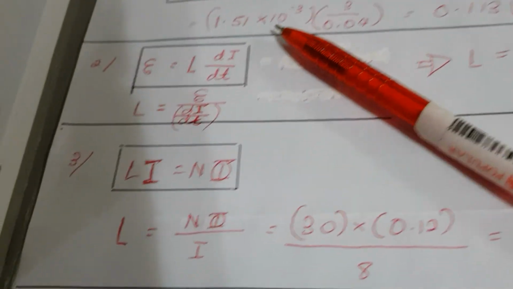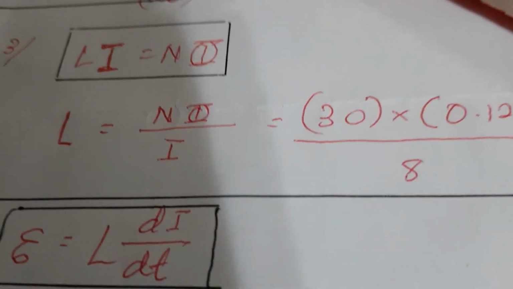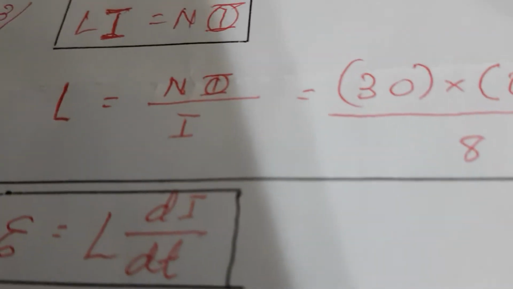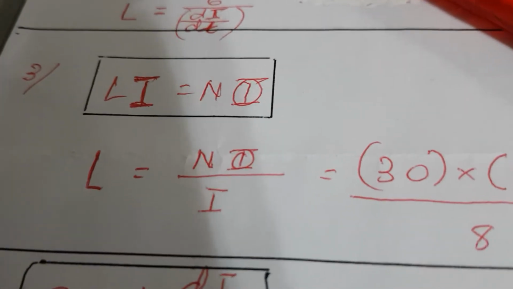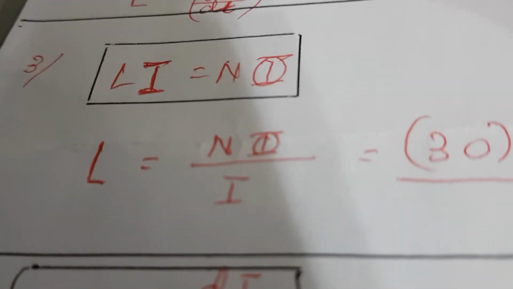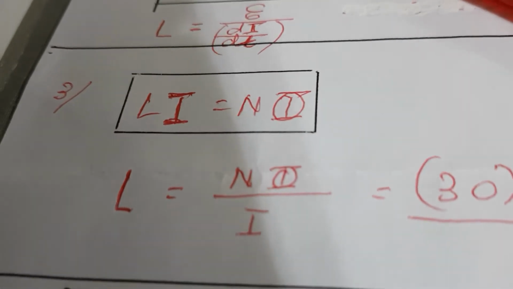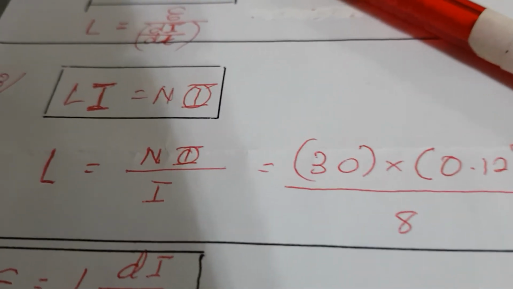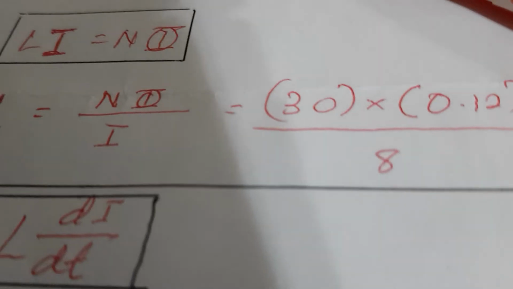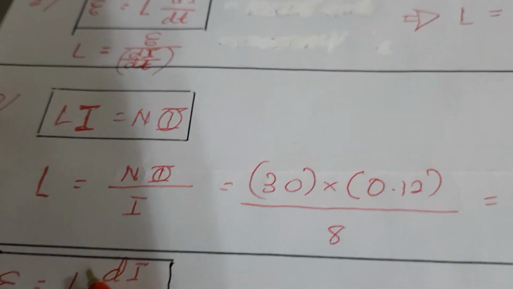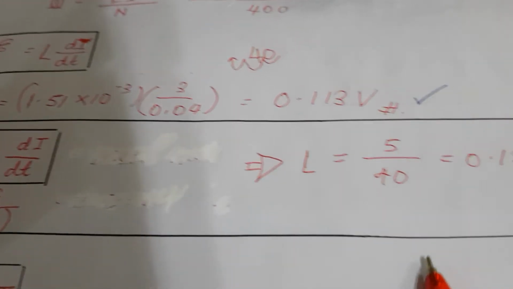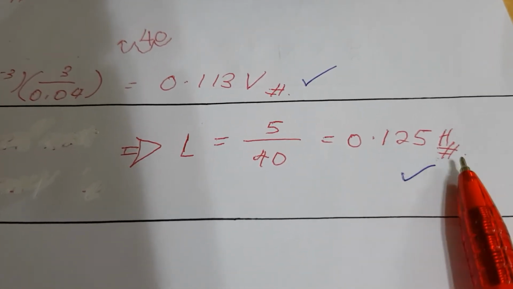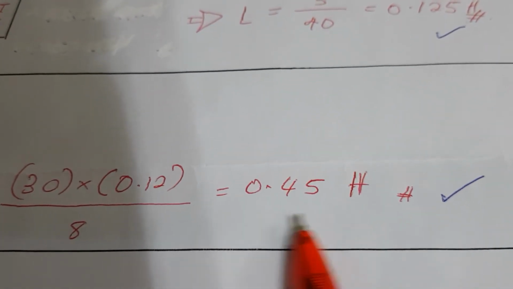Next question is number 3. Number 3 is magnetic flux through a coil of 30 turns. So N is 30. And a magnetic flux is given to you as 0.12 Weber, and then they tell you that the current is 8 ampere. They are asking you to find self-inductance. Very easy, straightforward, isn't it? So just put inside the information and you get the answer 0.45 Henry. So just now the answer here was 0.125 Henry. Over here is 0.45 Henry.